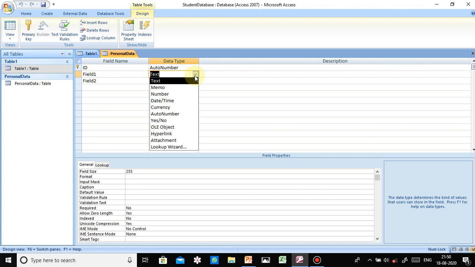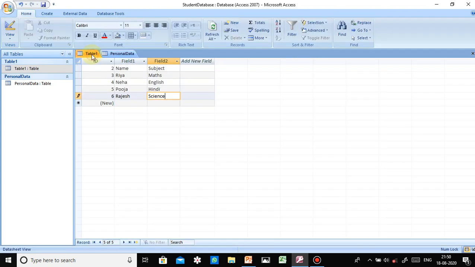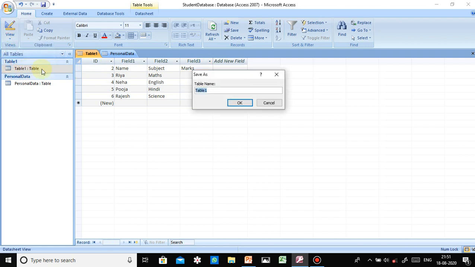This is text. If I want to add one more field in this, suppose I want to add marks here. Okay, marks. This is not given in your book. I'm showing this here: I want to add the marks also.